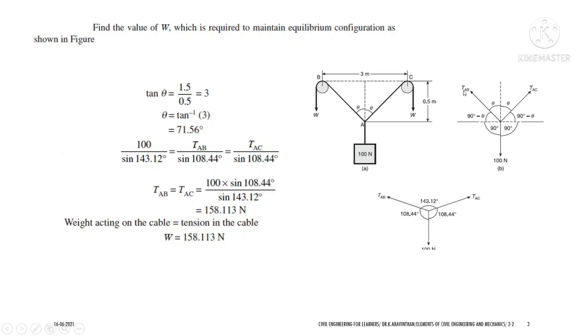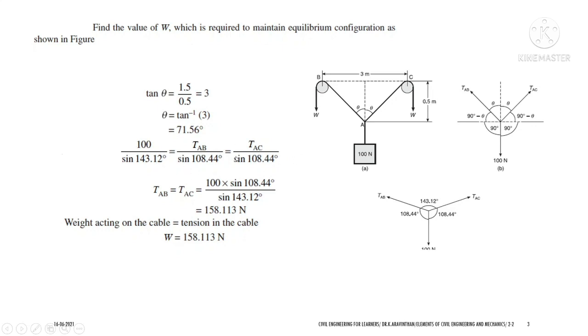And next TAB, the opposite side will be, you know that this angle is 71.56 degree, and if you subtract from 90 degree, you will be getting 18.44 degree. And if you add this 18.44 plus 90 degree, you will be getting the total angle as 108.44 degree. That is written here. And TAC, the opposite angle will be 90 plus the 18.44 degree. That is rest of this theta will be the same value. Okay, let us take the first two equations, TAB or TAC. Both the angles are the same.